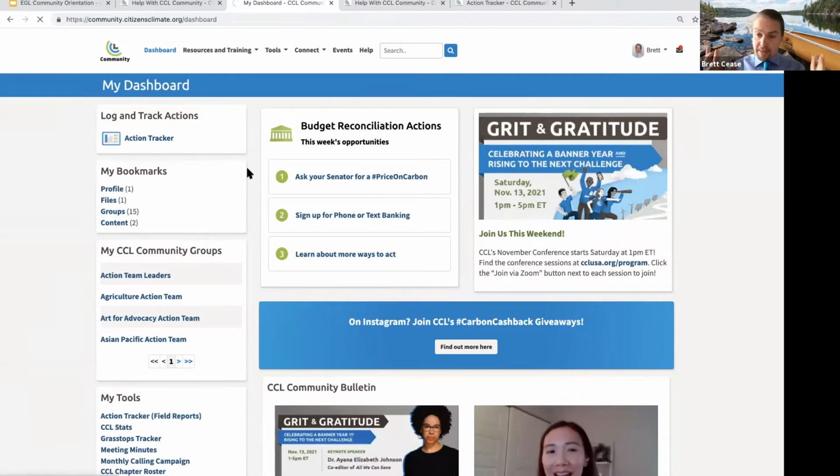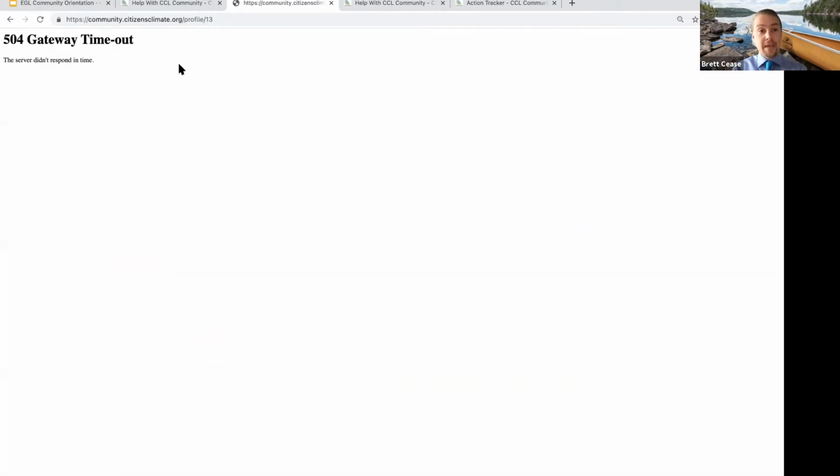And badges are a way that we can help gamify our actions and our learning for each of the key areas of advocacy that CCL is focused on. And I'll show you in just a little bit this link that will directly go to how you can find out about your badges, as well as what might be available for that next one.